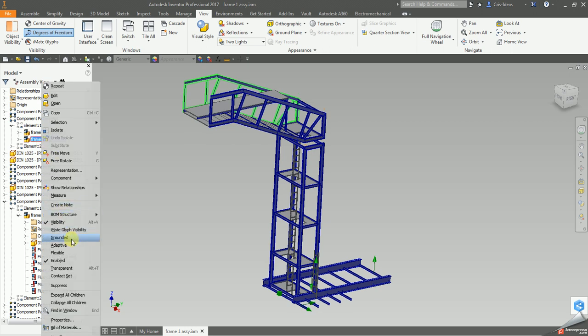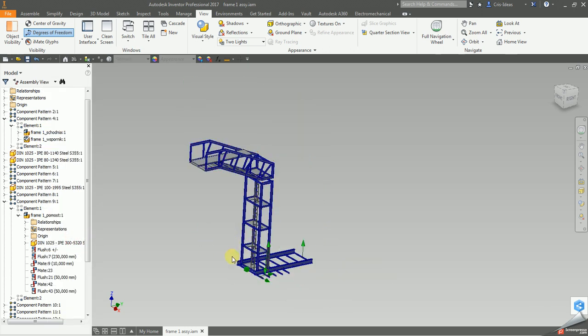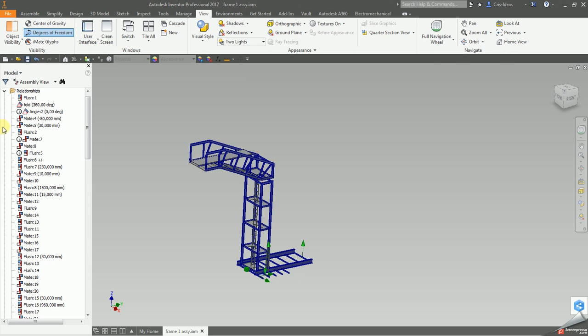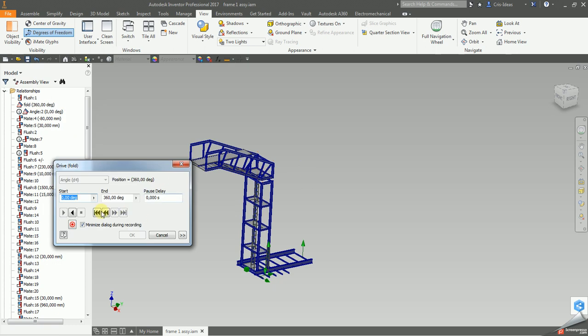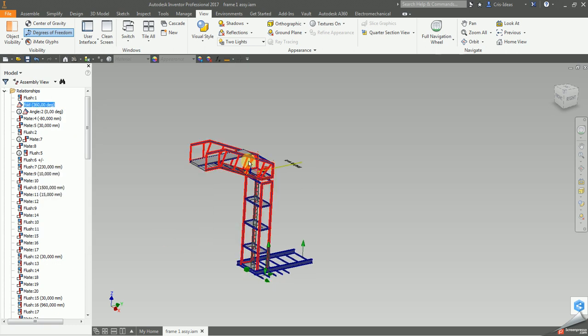So when I ground this component, as we can see here, it has no influence on the degrees of freedom calculation. And also, as we can see now, when I drive the fold angle, it has also no influence on the assembly itself. Well, once I grounded this component, its constraints against the top level assembly coordinate system are indicated as